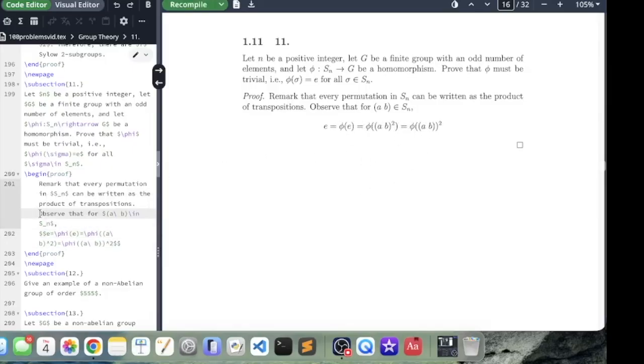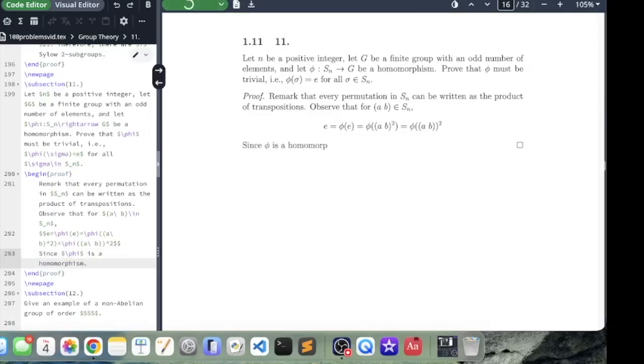Let me spell out this property first. Since phi is a homomorphism,